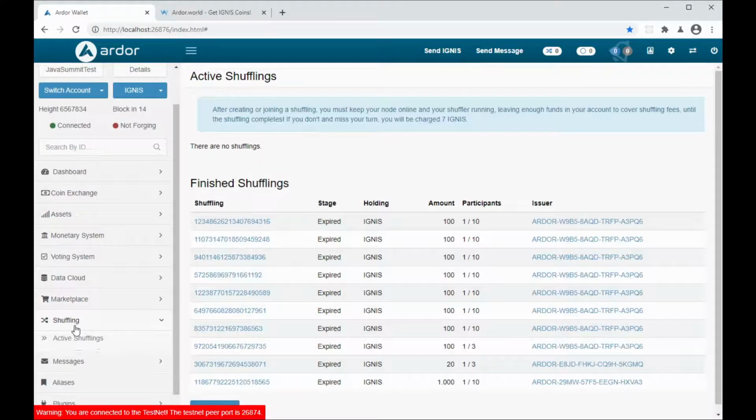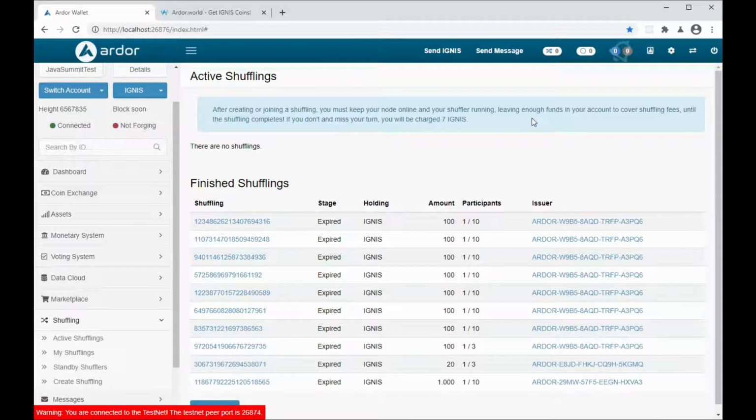You have the shuffling mechanism, which is a privacy mechanism to shuffle tokens or assets or coins from the monetary system between different accounts in a way that's private, and you can get back the tokens without some fees.